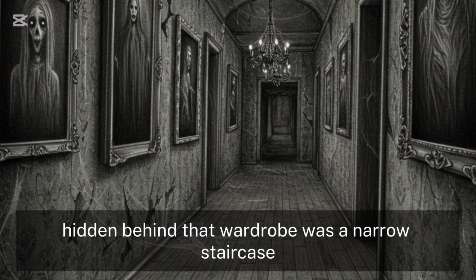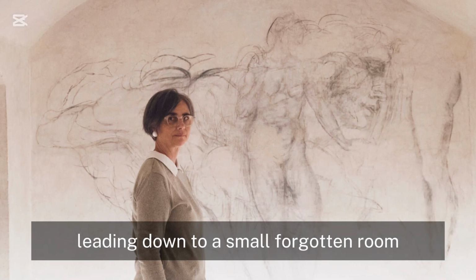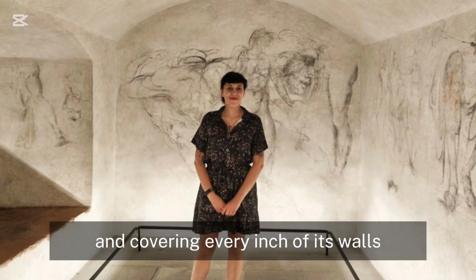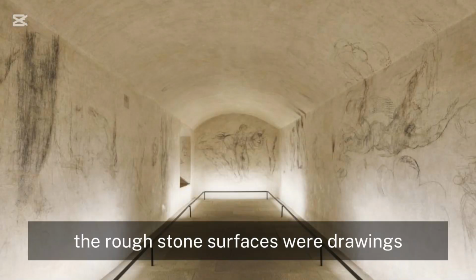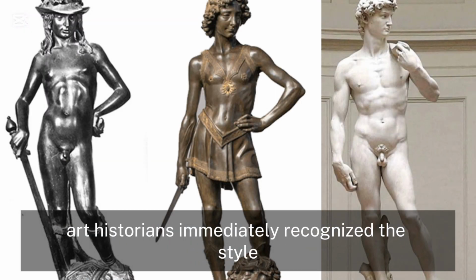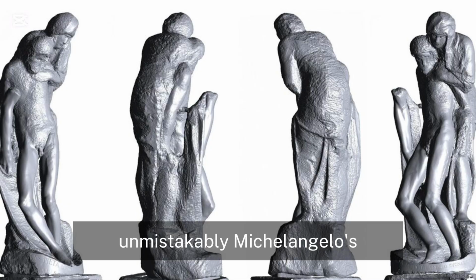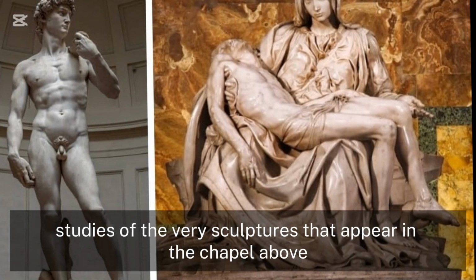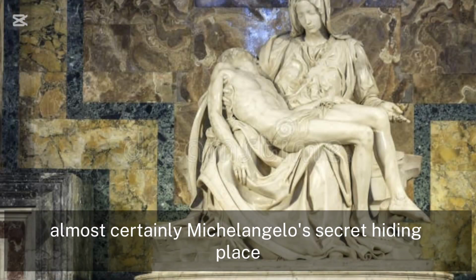Hidden behind that wardrobe was a narrow staircase leading down to a small, forgotten room, and covering every inch of its walls, the ceiling, the doors, the rough stone surfaces, were drawings, hundreds of charcoal sketches drawn directly onto the walls. Art historians immediately recognized the style. Unmistakably Michelangelo's studies of the very sculptures that appear in the chapel above, it was, they concluded, almost certainly Michelangelo's